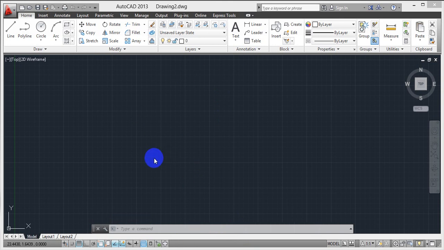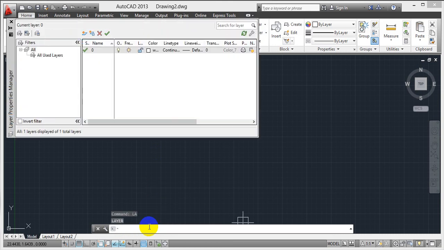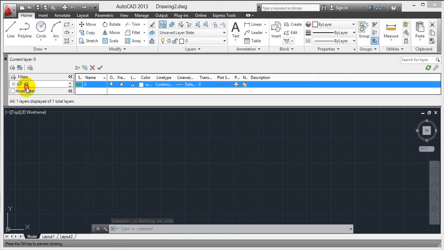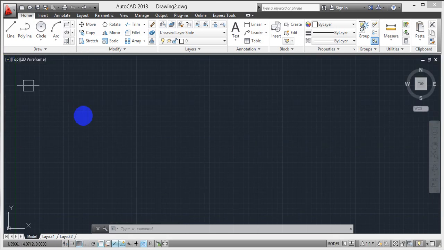So how will we use layers now? Simply type LA. For the layer command, write LA, enter. Then after selecting LA, enter, Control Z, so close it. I'm closing this again.